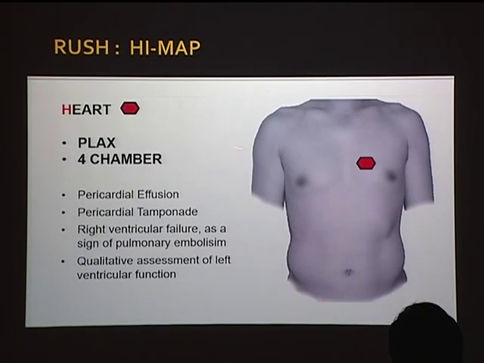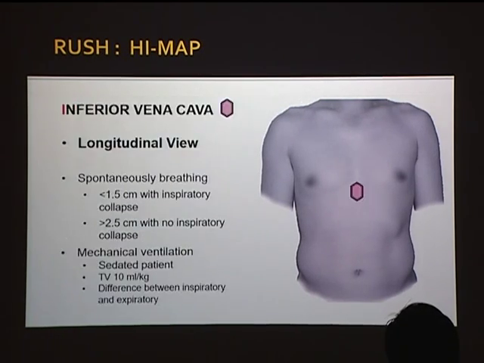The first examination point will be the heart. The heart, he advocates that for simplicity, only 2 views are needed: the long axis view, to look at how the heart performs, and the 4-chamber view, mainly to look at the equality of the heart, whether the left ventricle is bigger than the right, and so forth. The reason behind this in a shock assessment is to look for pericardial effusion, tamponade, RV failure as a sign of pulmonary embolism, and overall assessing how the left heart is functioning. You have learned that in your heart lecture, so you should be able to apply it.